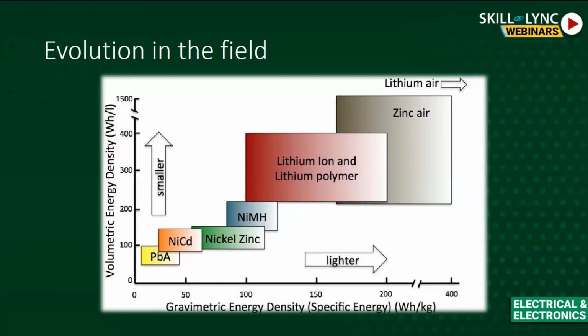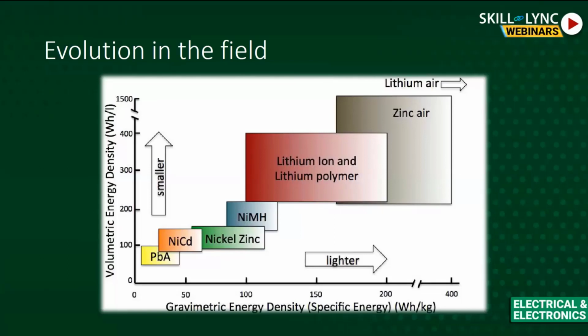Now if you see, we have started with lead acid in this figure. A lead acid battery is bigger and heavier, but it will provide you less energy. In this graph, you will see nickel cadmium, then nickel zinc, then nickel manganese, and right now we are in lithium ion. In lithium ion also, a variety of electrochemistry is happening, which is LTO, LFP and NMC. So currently people are using all types of electrochemistry.